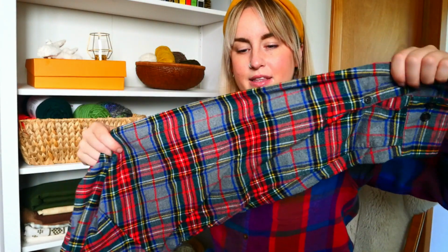And with the leftover yarn from like the sleeves and stuff, I thought it'd be really fun to make some scrunchies out of it. I lost like most of my scrunchies, so I need new ones, and I have the means of making them, and I never see them in like a flannel material or pattern, and I thought it'd be a really cute,